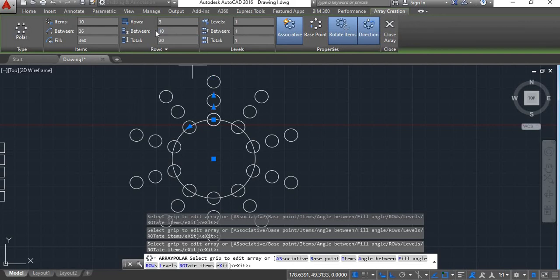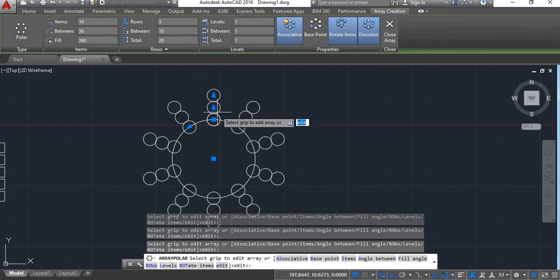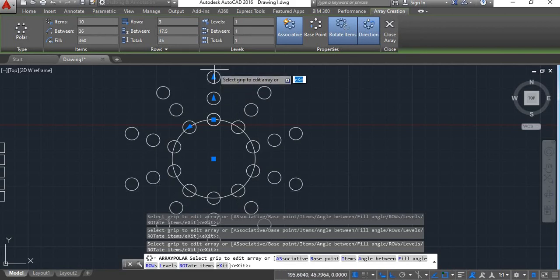Say enter. It will come closer. Now here total distance between this last row and the first row. Here I'll make it 35. Enter. Then total distance between this and this will be 35. Now this was your polar array.